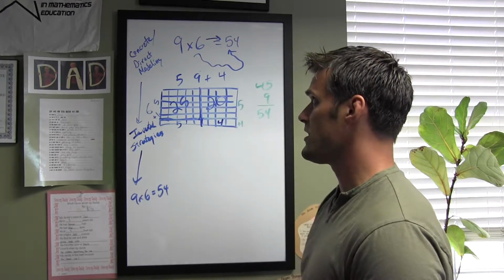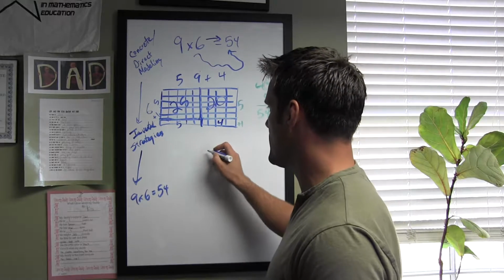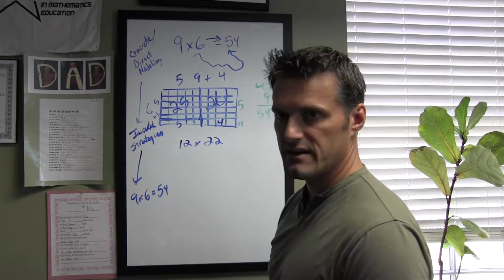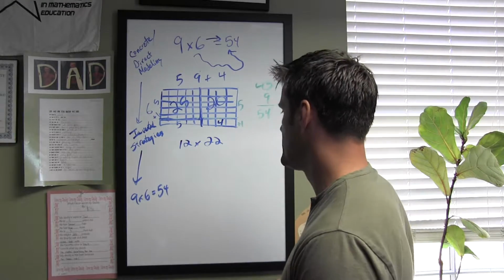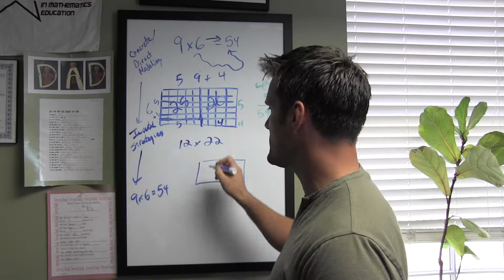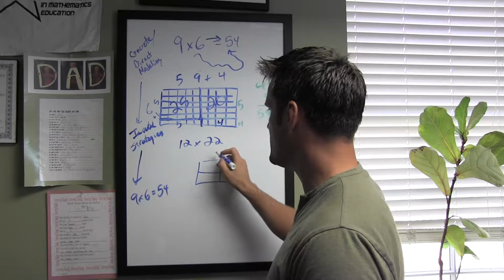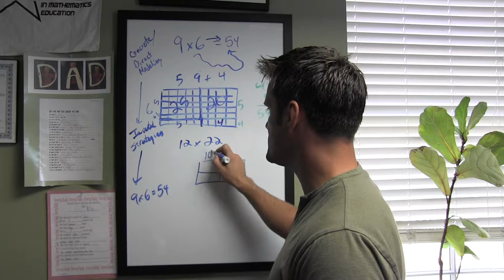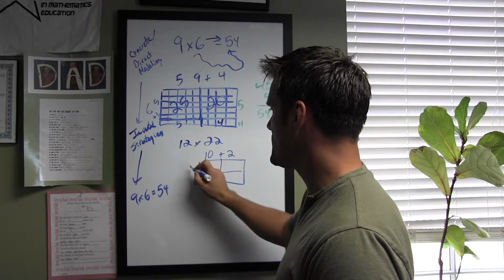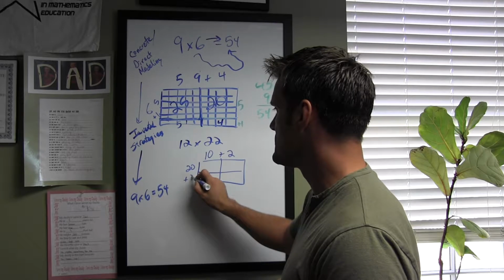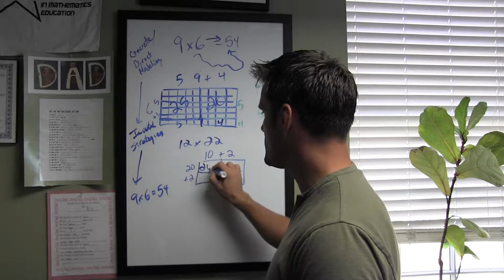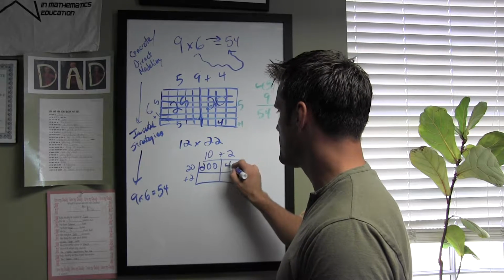So maybe it gets a little bit harder than 9 times 6, and we're talking about 12 times 22, right? A little bit harder, 2-digit numbers. We're going to still think of it like area, but maybe we don't have to make the whole grid. Instead, let's think of 12 as 10 plus 2, and 22 as 20 plus 2, right? And so 10 times 20 is 200, 20 times 2 is 40,